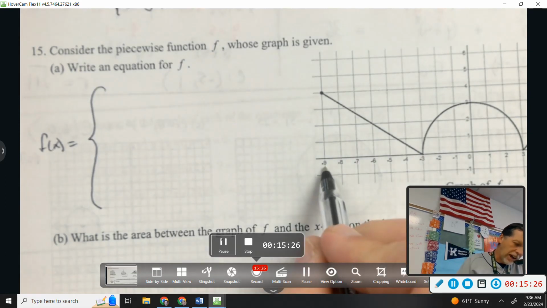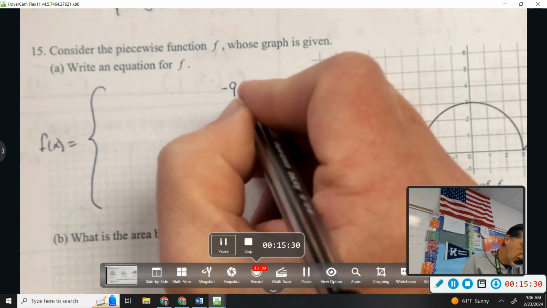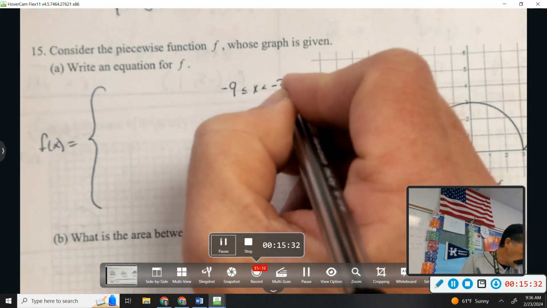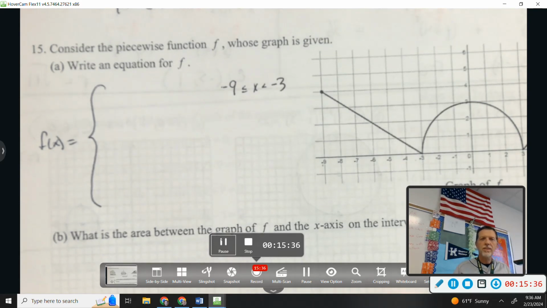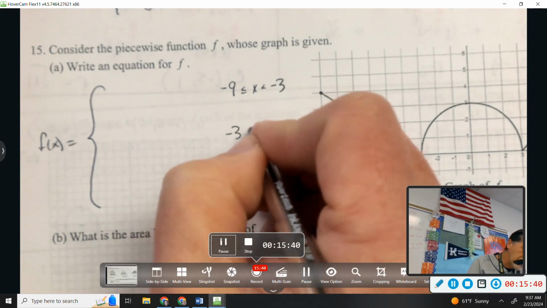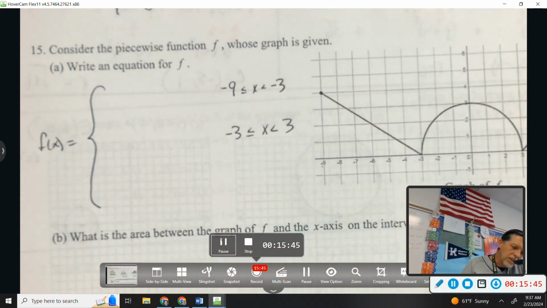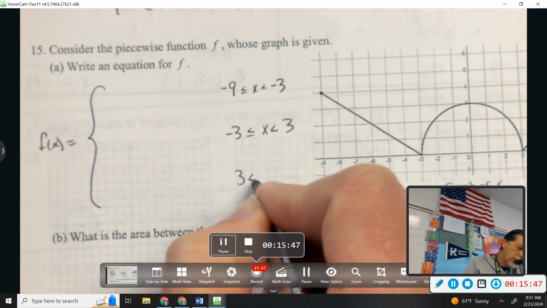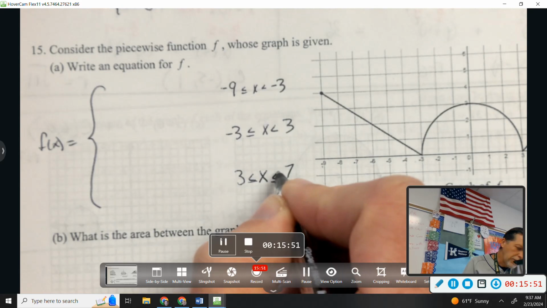So when x is from -9 to -3, it's a line. I'm going to finish making the neighborhoods first, and then from -3 to 3 is the semicircle, and then from 3 to 7, and it looks like we want to include 7 because